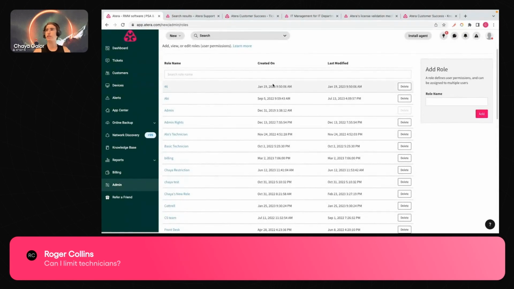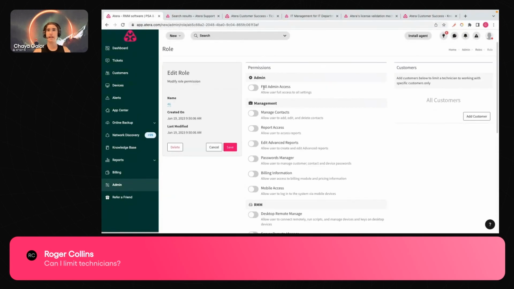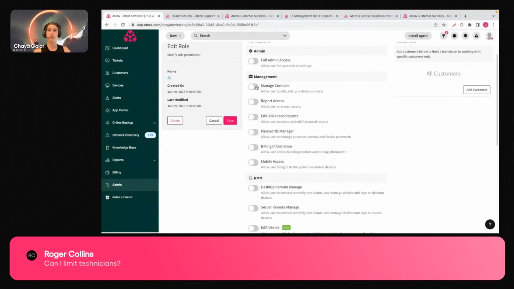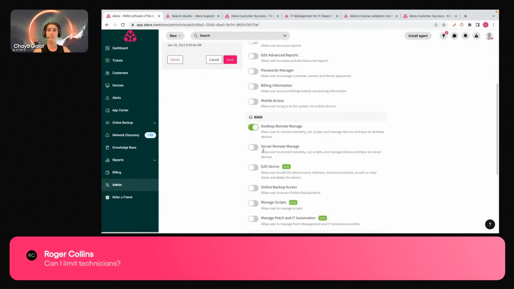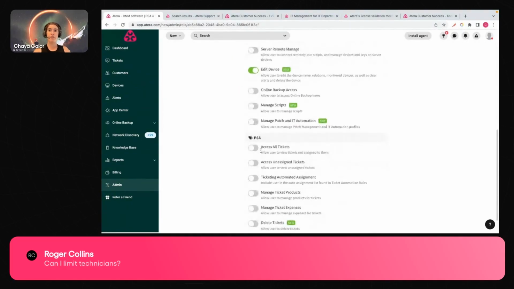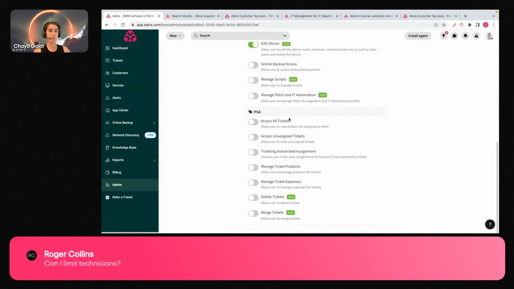You can create a role over here, and then you can either give them full admin access, or you can choose to have just manage contacts or RMM, and you can play around with that. Then you can assign those different roles and permissions to different technicians. Of course, you do need to have one technician that has full admin access, and then they can limit those.